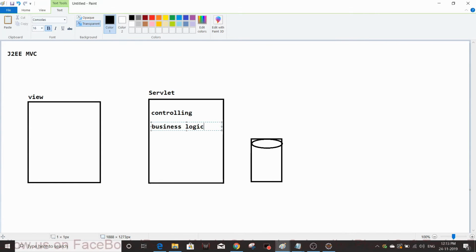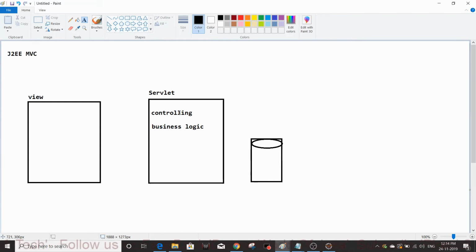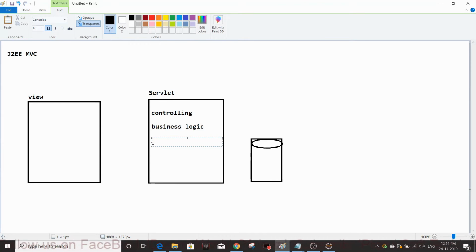After getting the data from the HTTP request, I'm doing some business logic over the data, and finally we are going to use some database connection logic.